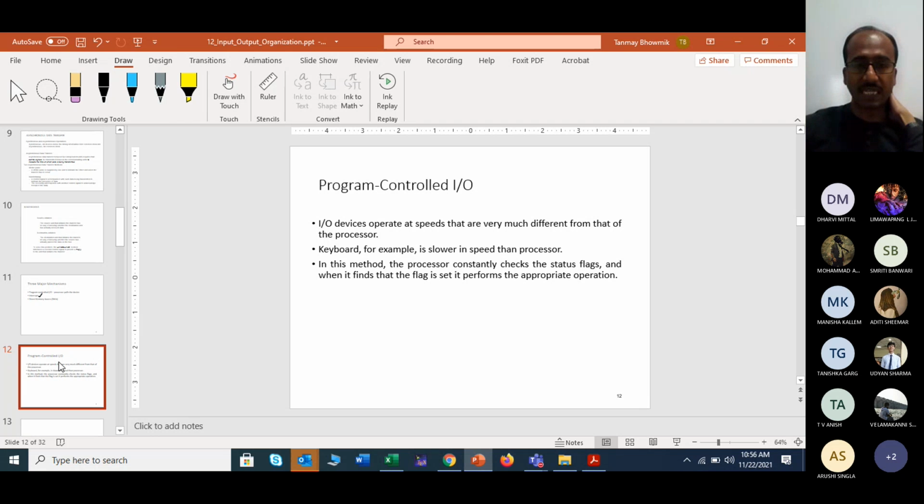Right now also you can see the example given here, the keyboard part. Obviously this keyboard is slower in speed than your processor, because whenever you are giving some input, it will check lots of signals, lots of supporting signals.